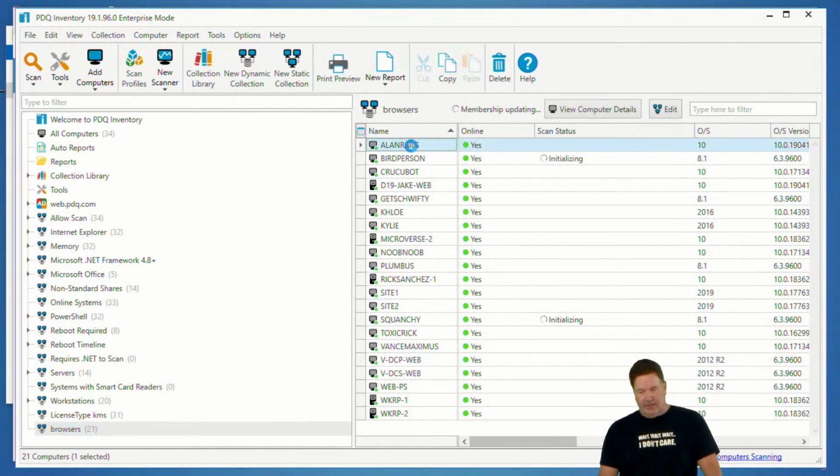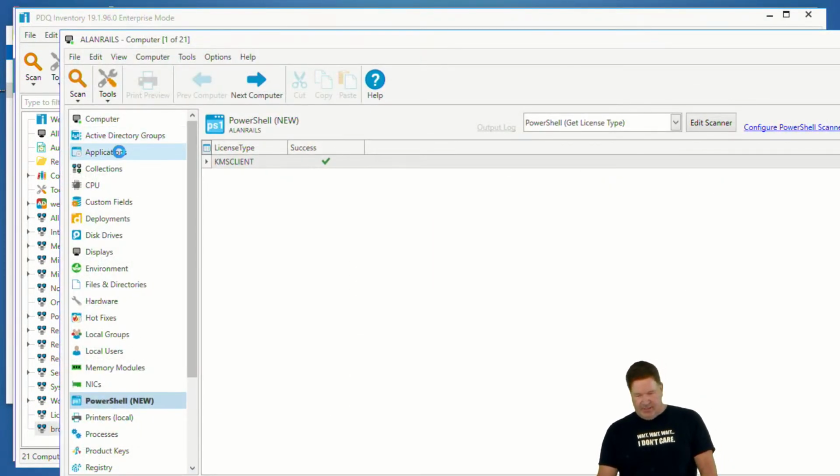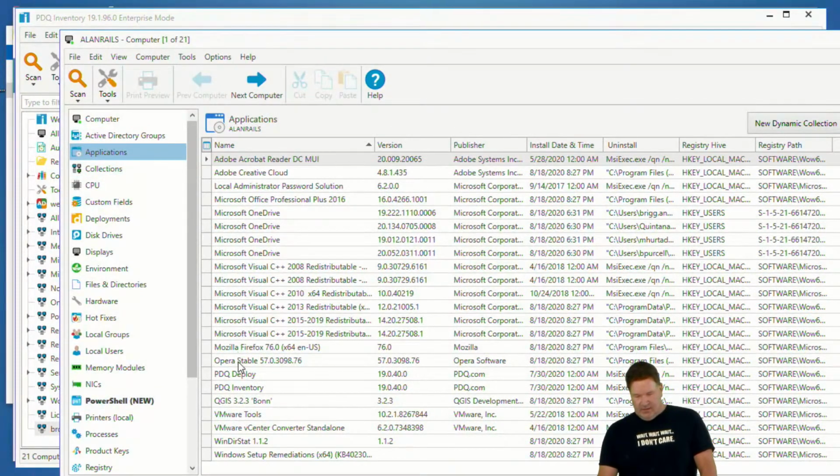And again, let's just look at Allen Rails. Boom. Application, it does have Chrome. Does it have Chrome? There's Firefox. It has any of those. Firefox or Chrome or whatever. Has them all. Has any of them. So,